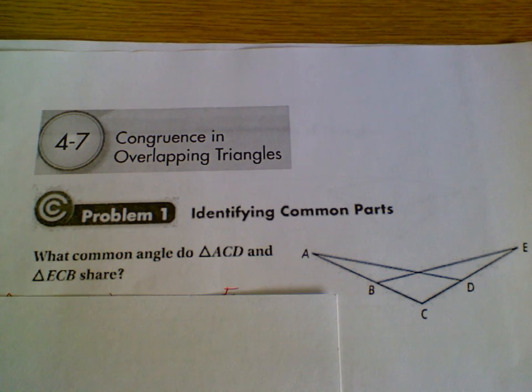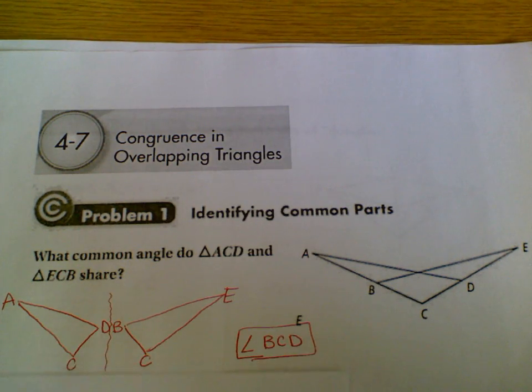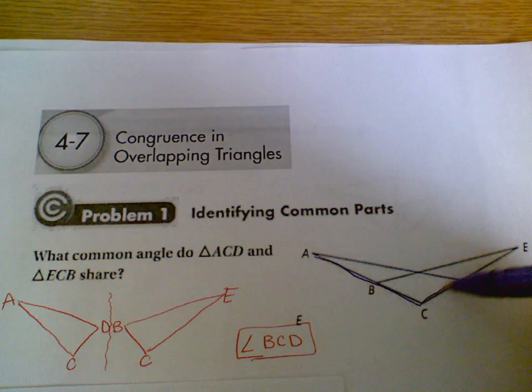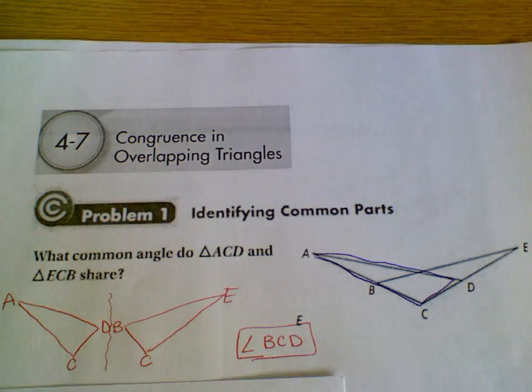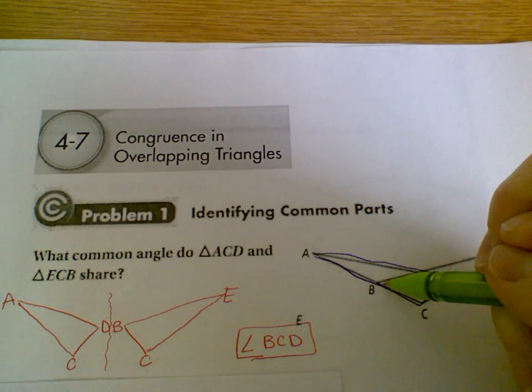The last section of Chapter 4 is dealing with overlapping triangles. So here's my first example. It looks kind of weird when you're just looking at it, so you may consider to draw it out. So ACD is what I overlined in purple, and then noticing that I have